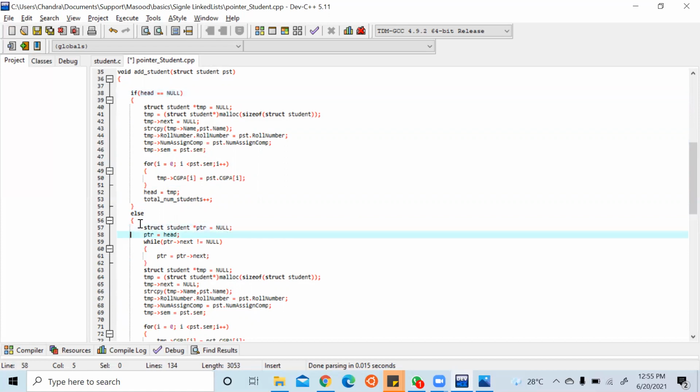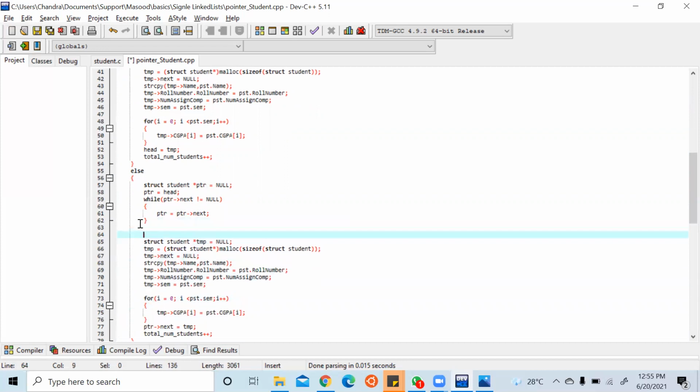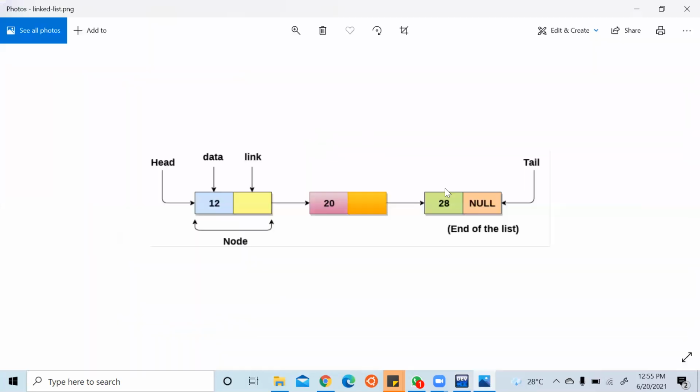Okay, what I am trying to do is, consider I'm going to the third element. From the head, I have to go until the last element, whose next is null. So I have to insert it at the end. You got my point?